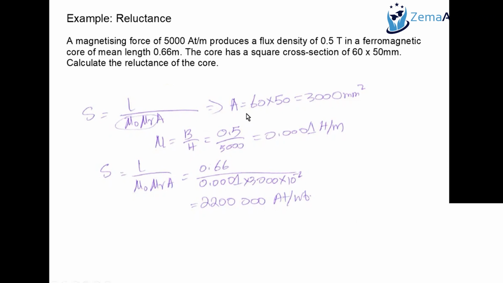Well, first we have to convert that 60 millimeter by 50 millimeter into meter square, which would be first multiplication of 60 by 50, 3000 millimeter square, into 10 to the power minus 6 would then become meter square. Since mu is equal to B over H, we can use the mu value in this equation. S is equal to L over mu times A, which is basically the simple B over H calculation. And 3000 into 10 power minus 6 is the conversion of millimeter square to meter square. And in this way, the reluctance value